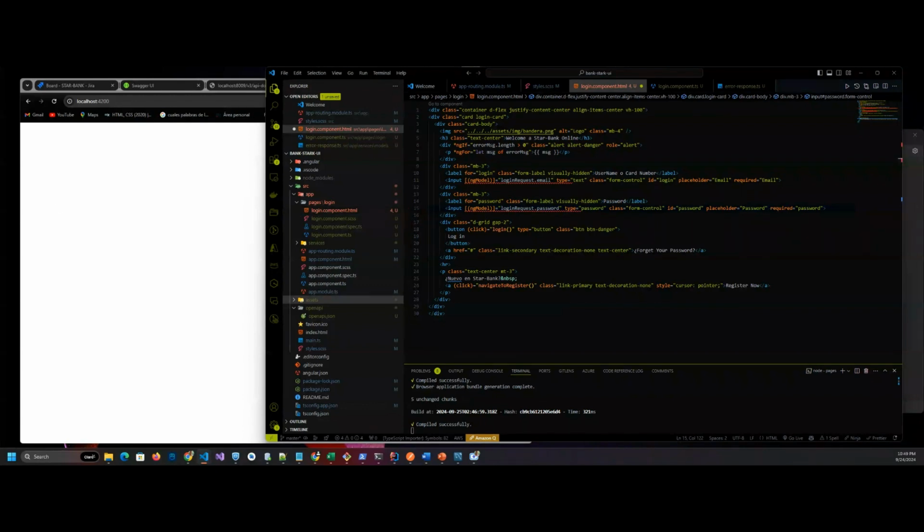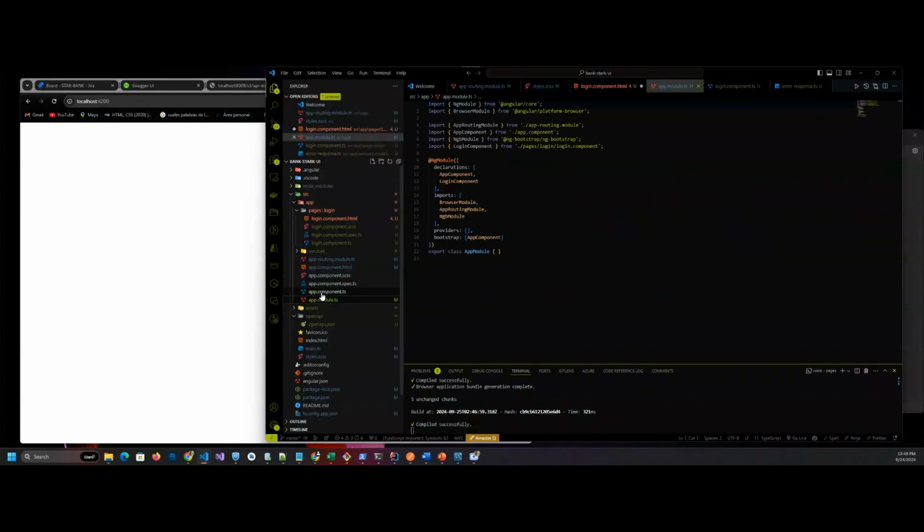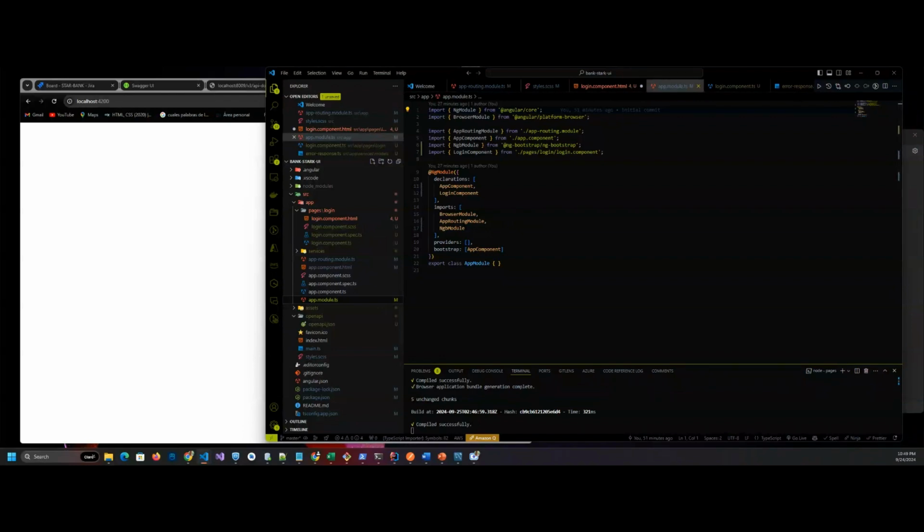Hmm, this engine model, we need to, no, this is not the way. I know the way is going here to the app config. And we need to, in the app module, we need to assume